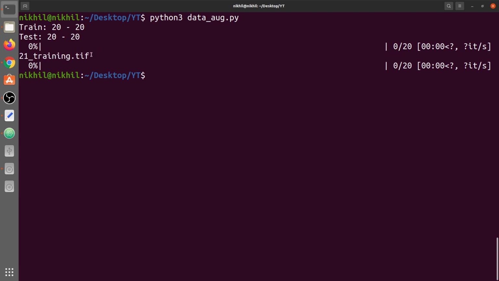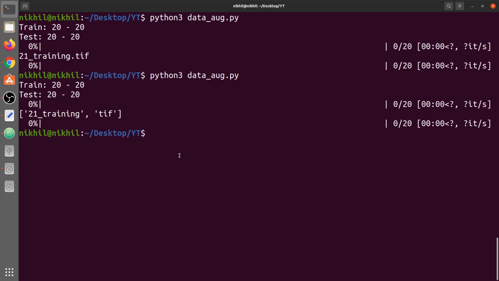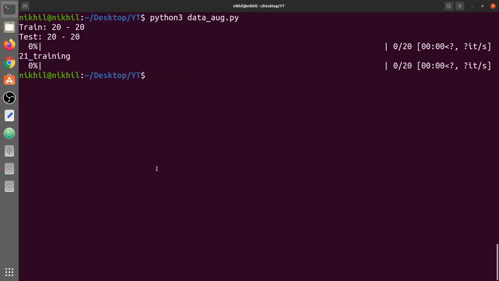Okay, we need only the name, that is 21 training. So again we're going to split this name on the basis of the dot, and again it would split it into two parts. First the name and then the extension. So name is at the 0th index. So we're going to say 0. You can see we have extracted the name.